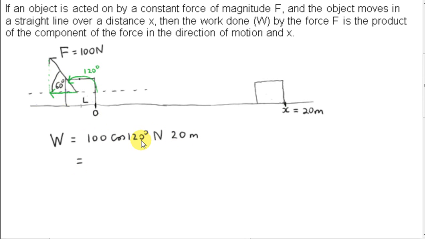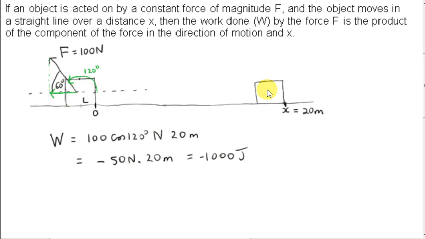But you see, the cos of 120 degrees is actually minus a half, so we'll actually get minus 50 newtons, whereas in the earlier example we got plus 50 newtons. So you see, the component of f in the direction of motion is negative. Okay, it's pointing to the left, and we were assuming all along actually that vectors pointing to the right were